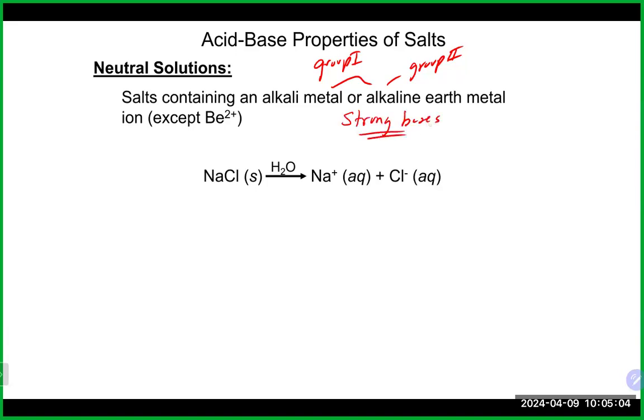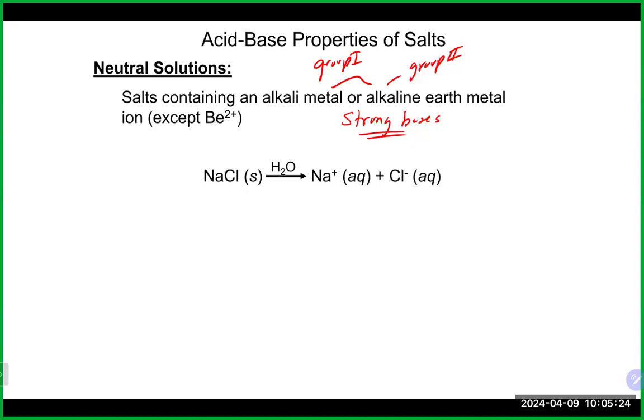So those are where a lot of the strong bases that have hydroxide come from, things like sodium hydroxide, potassium hydroxide, calcium, strontium, barium hydroxide. That's where a lot of these strong bases actually come from. So if you remember, we talked about the relationship of our acid and conjugate base, or base and